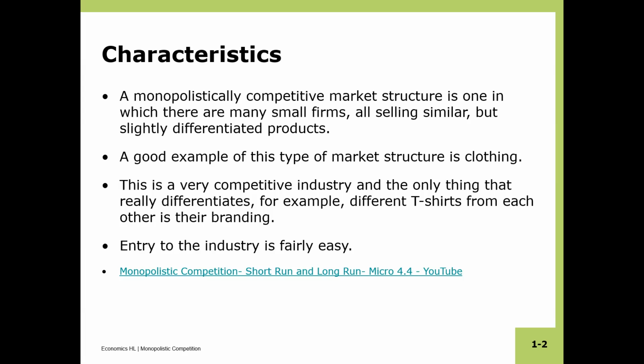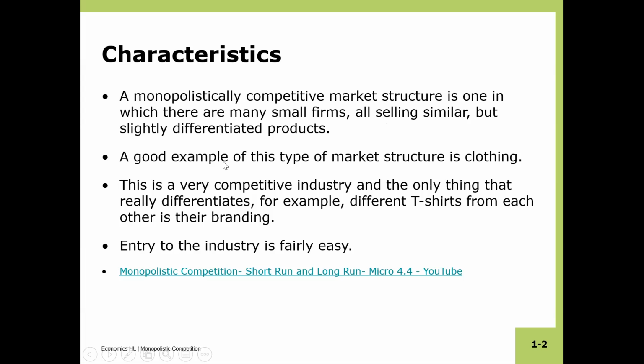A monopolistically competitive market structure is one in which there are many small firms. Remember, oligopoly is a few large firms. Here there are many small firms, all selling similar but slightly differentiated products. And this is the key thing. Think about it: why is it different from monopoly? Why is it different from perfect competition? It's different from monopoly because it's not just one firm, it's many small firms. It's different from perfect competition because they're not selling the same product, they're selling similar products, but these products are